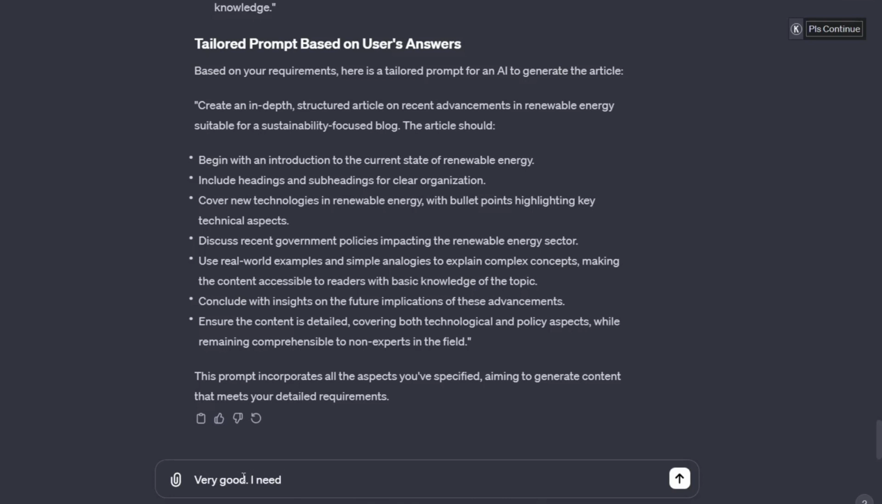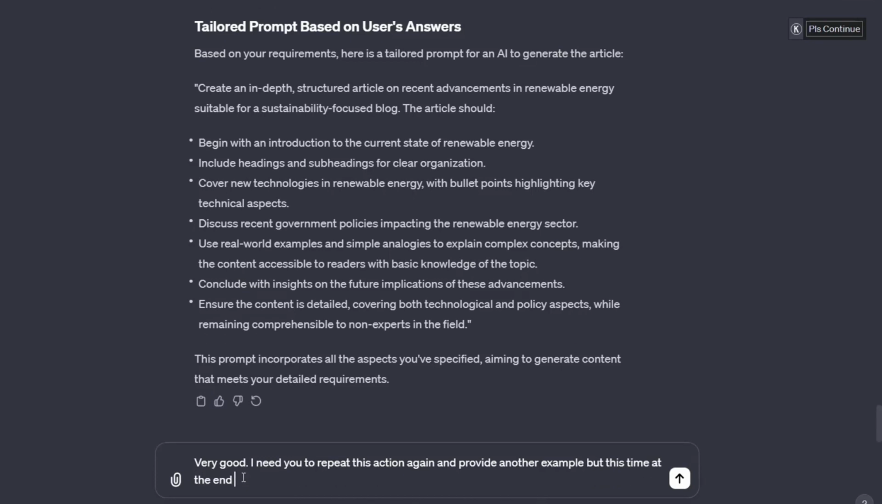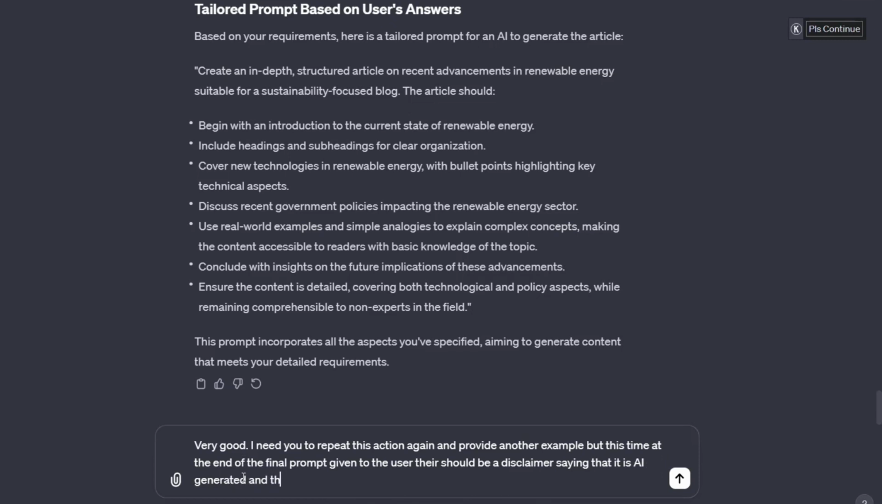Okay. I need you to repeat this action again and provide another example. But this time, we're trying to improve this prompt, and the GPT also outputs in general. But this time at the end of the final prompt given to the user, there should be a disclaimer saying that it is AI generated and that